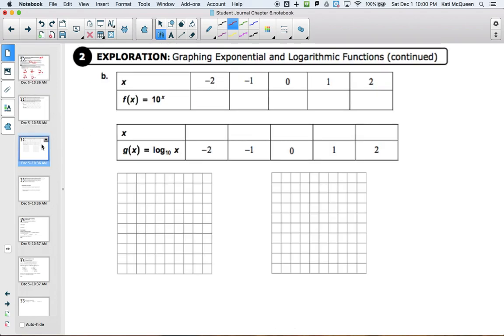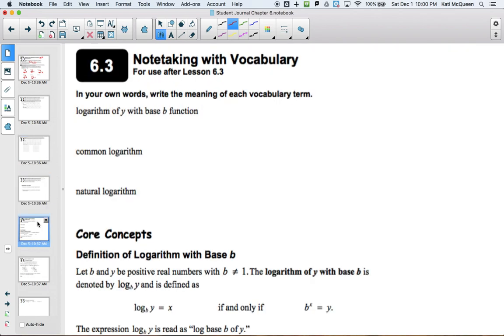Okay, so we are actually going to jump now to page 166, so it should look like this. Okay, so we're going to look at a few different types of logs. So they say logarithm of y with a base of b. All right, so this is just a fancy way of saying